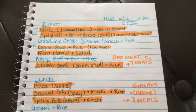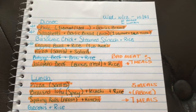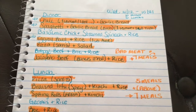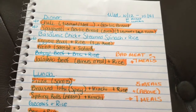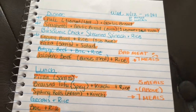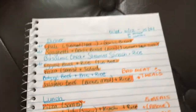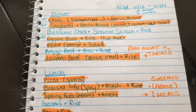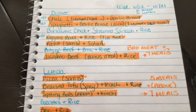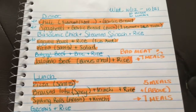Hey guys, so I wanted to do an update on my meal plan and kind of show you what I've already done and what I'm still working on. We're already 8 days in, just have 2 days left of my meal plan, and then I'll be shopping again, and I'll share that haul with you guys when I finish shopping. But I wanted to kind of go over my previous meal plan for my Walmart haul for 10 days meal plan. So again, it's my Walmart, and I'll go ahead and link the video down below if you haven't seen it,